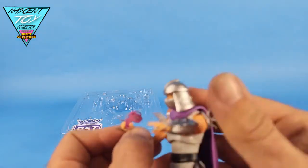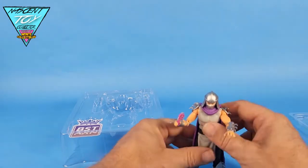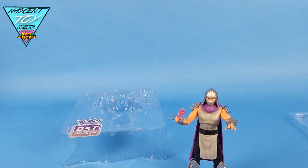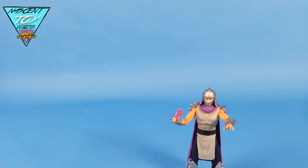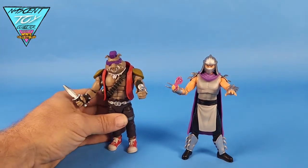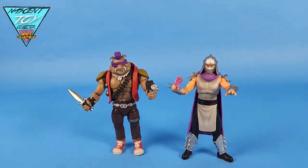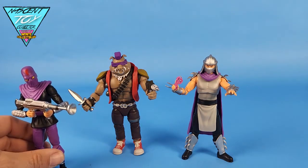Yeah, really rad. This figure's awesome. I really have been impressed with these Best Actions. Like I said, they're not the highest of quality, but they're not the lowest either. And when you get them all together, they look pretty damn nice. Let me adjust the camera here so we can take a really good look at him with Bebop, which I think Bebop is stellar. I think they're both stellar, honestly. And then this foot soldier, as I've already said, this thing's